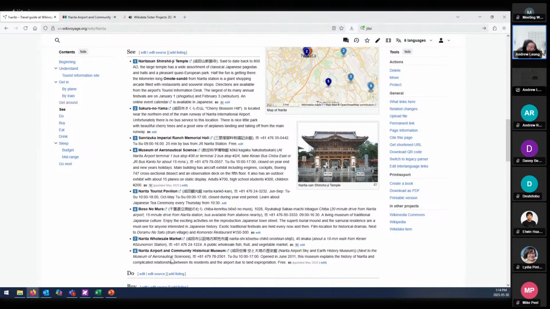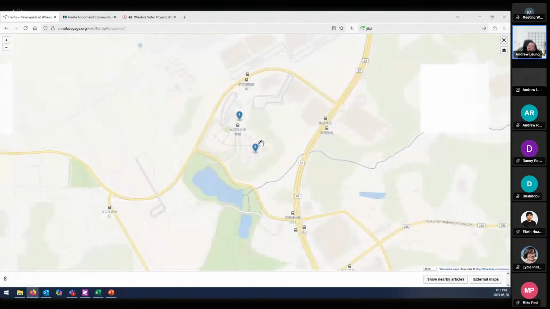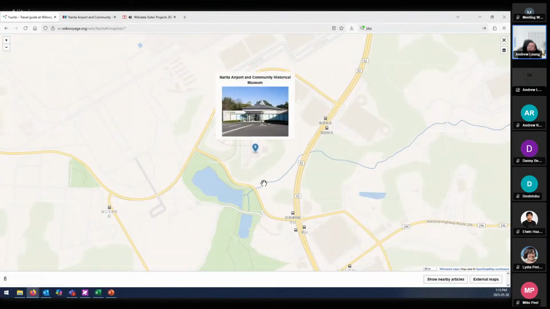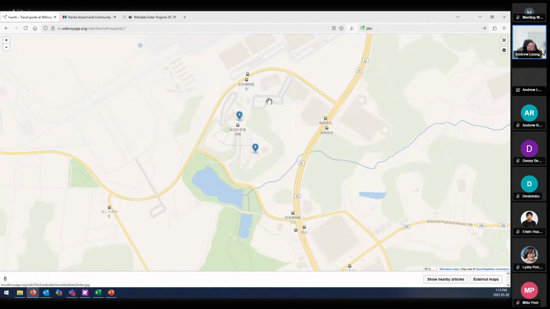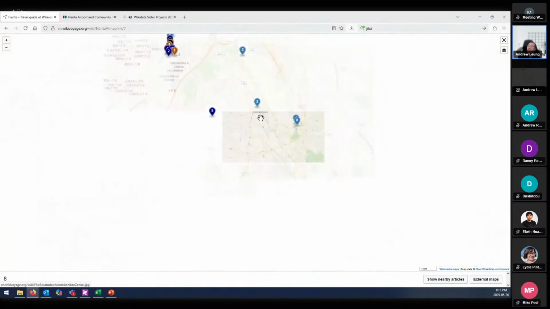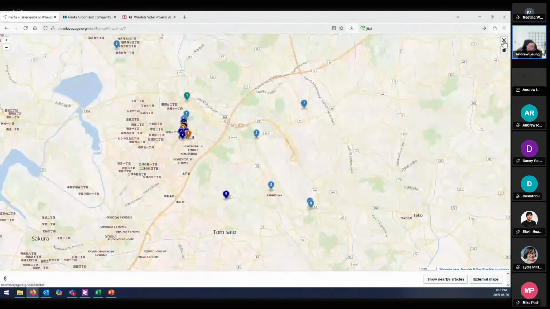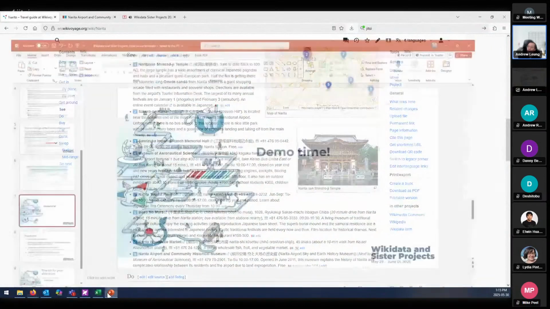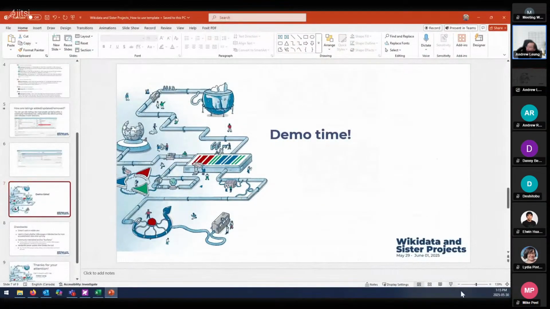So now that the change has gone through, we see that it now has a latitude and longitude item, and it's also associated with the Wikidata item, seen with the Wikidata logo over here. And we could, for example, just click on it, and we could easily see, yep, it is now connected onto the dynamic map that we were just using. Okay, so I'll just jump back onto the slide.